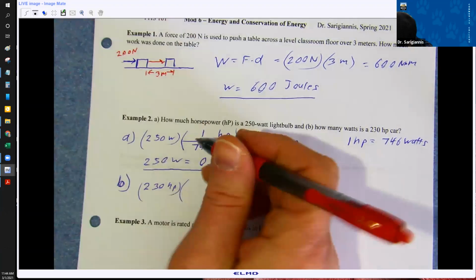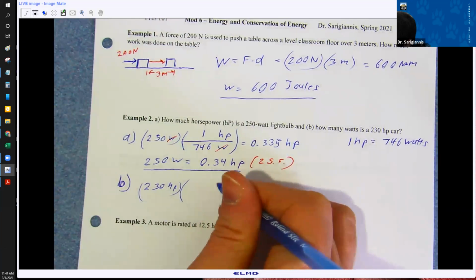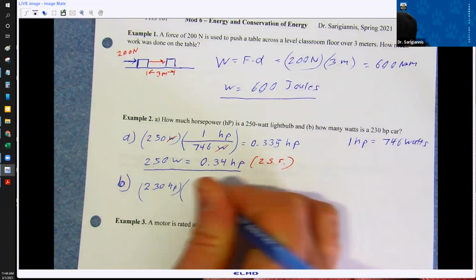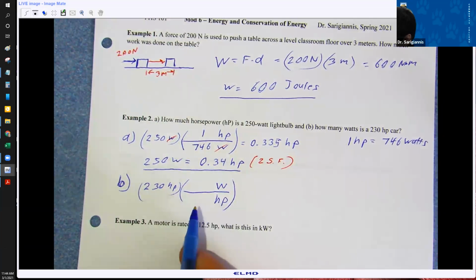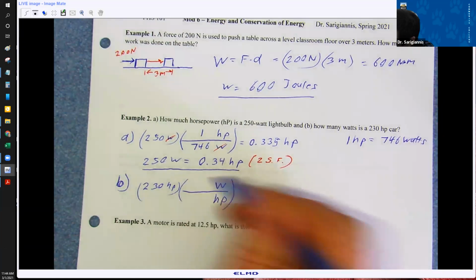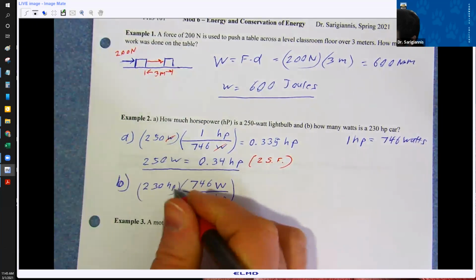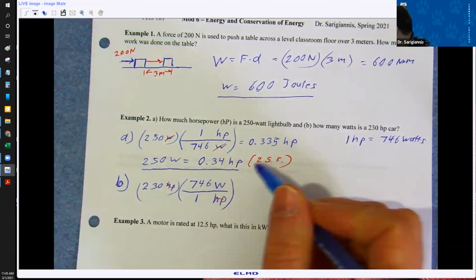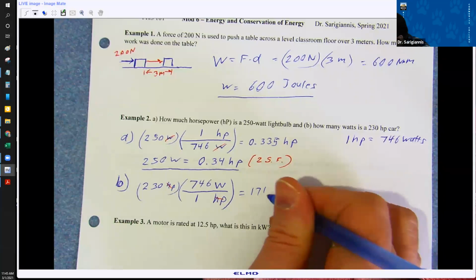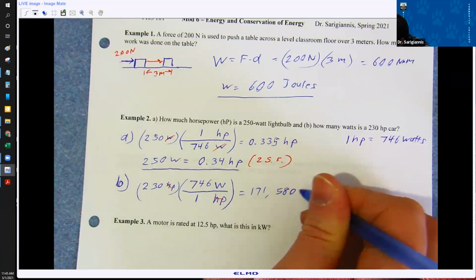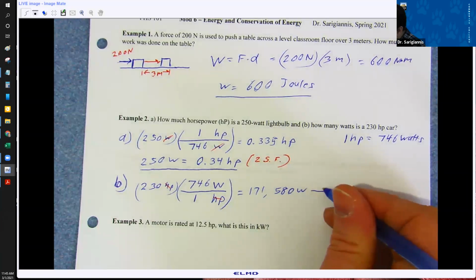I didn't show my units canceling up here, and I'd like to do that. In this case, we want watts, and we want to eliminate horsepower. So up here now, we've got 746 watts is 1 horsepower. The horsepower is canceled, and we have 171,580 watts. If we look at significant figures, again